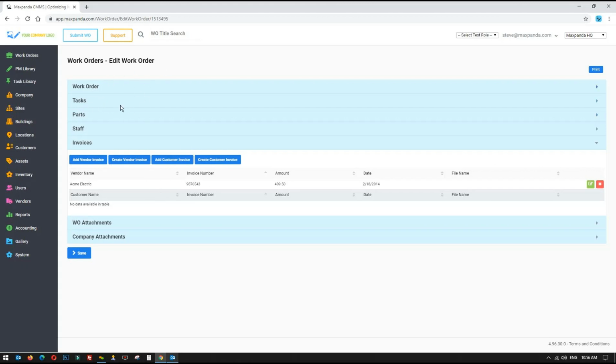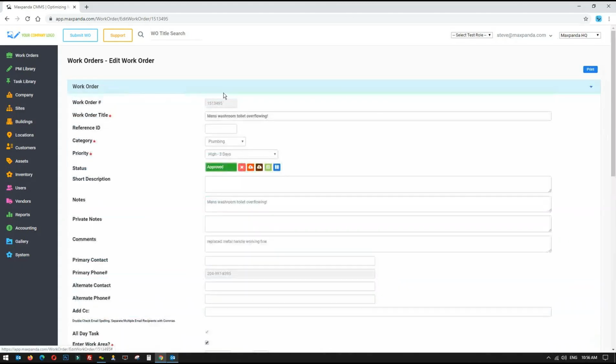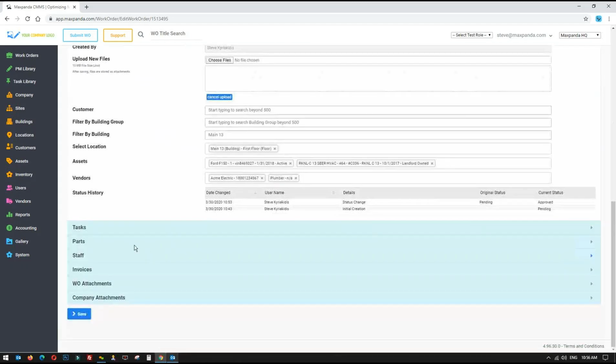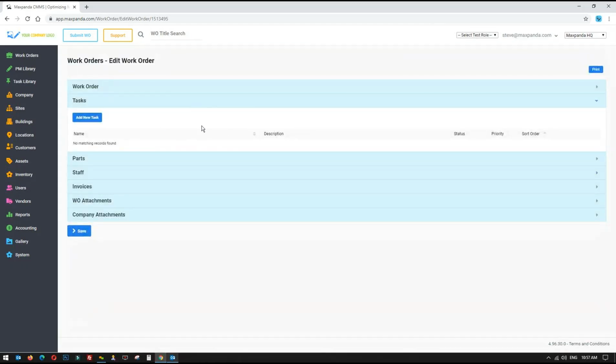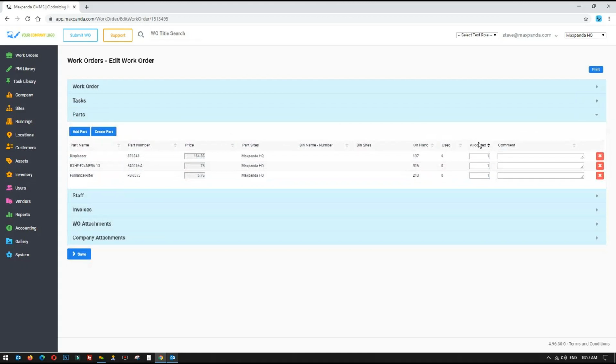Your signature would be captured as a work order attachment under this work order. So just to recap, our work orders in Maxpanda captured all the details, the main problem. We are capturing checklists that Jeremy wants to be done. A checklist can be a simple checkbox saying, did you clean up the washroom or your work area after completing your job? We reduced our inventory by 3, and we're going to capture costs for this work order